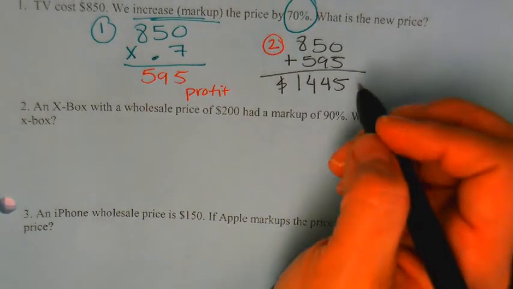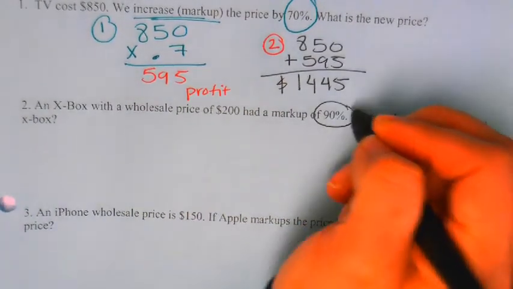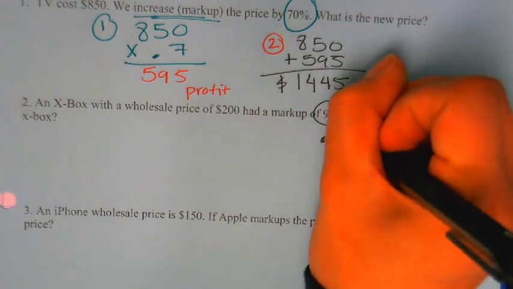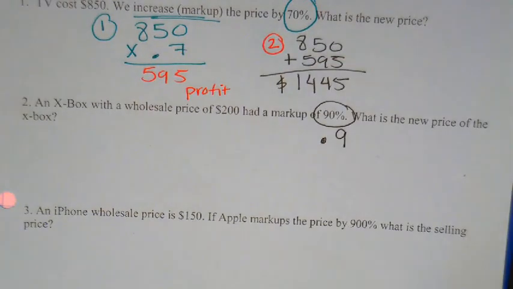Xbox, 200, 90%. How do I write 90% as a decimal? 0.9. Good. That's your first step. So you're still going to be using them. Yeah, still the same. I'm more comfortable with